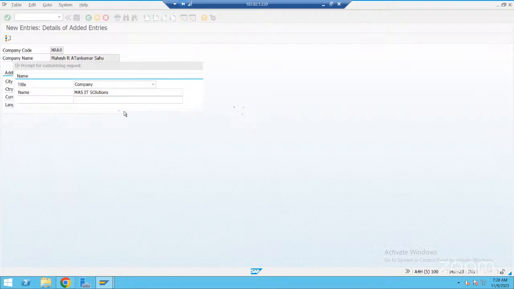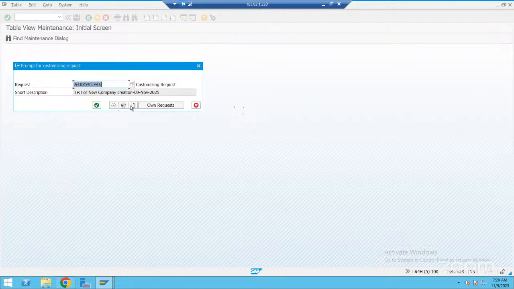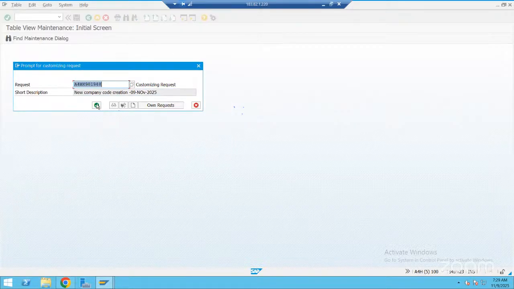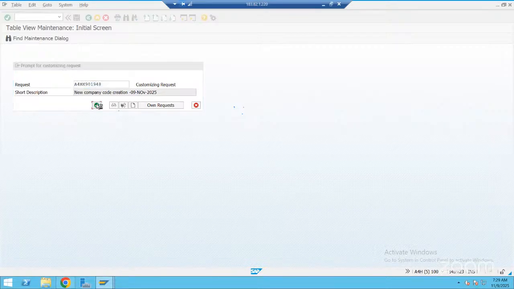Right? This is also a customizing request. You can create a new customizing request. New company code. Save it here. Enter. So this data will go and sit in the database table.